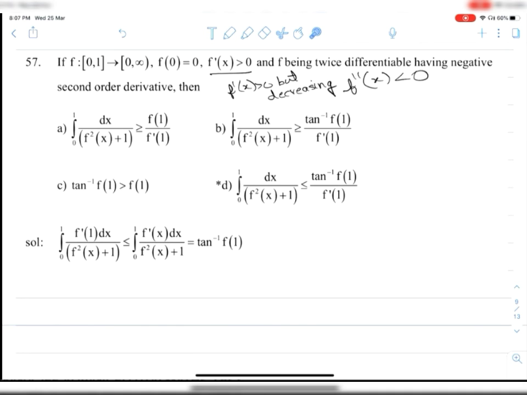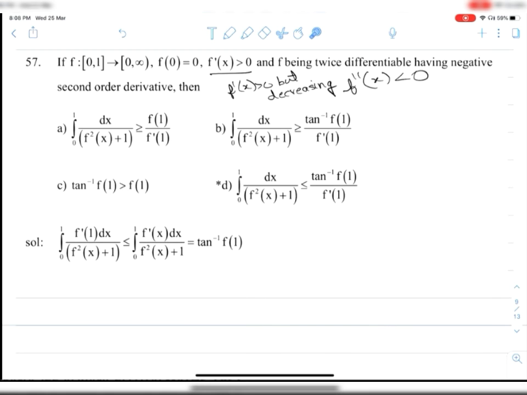Now, f square of x plus f dash of 1. See, from this function we can't conclude anything about f of x. So you just go through the options first. f dash of 1 is involving tan inverse f of x. Whenever there is tan inverse of something, my idea is to get something of the form 1 by 1 plus x square. So there's already a 1 by f of x whole square plus 1. So I need to get f dash of x here. So how will I get f dash of x?